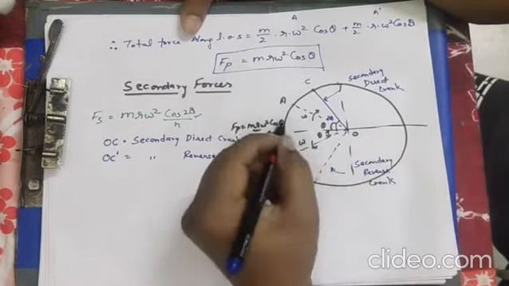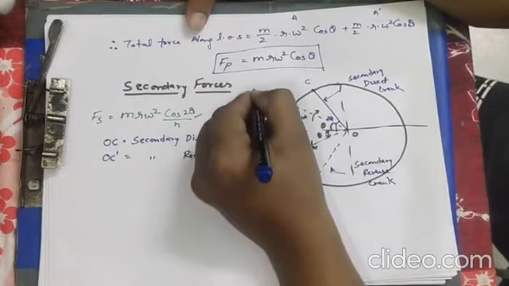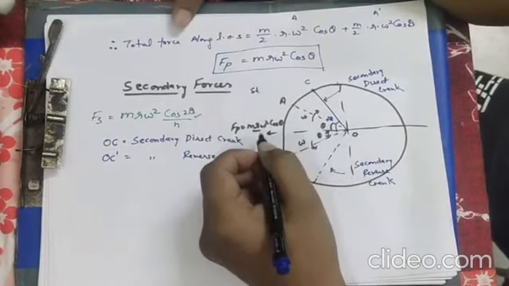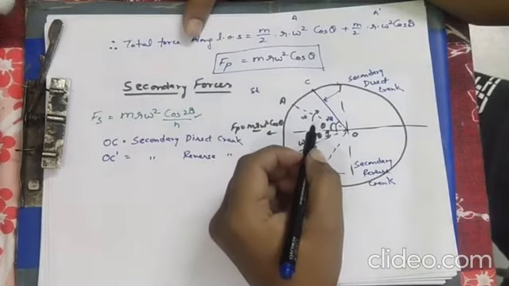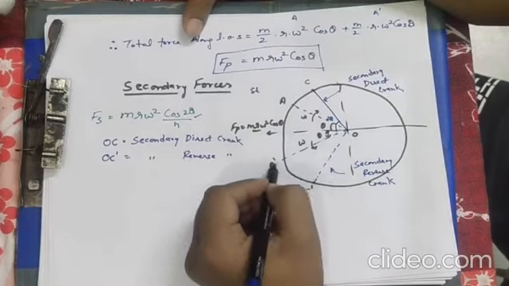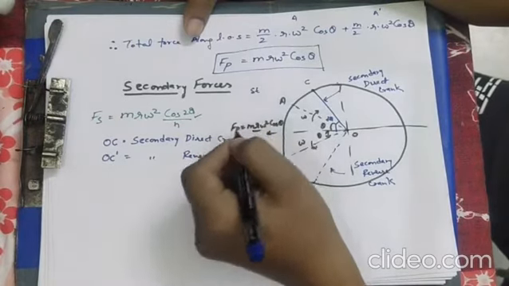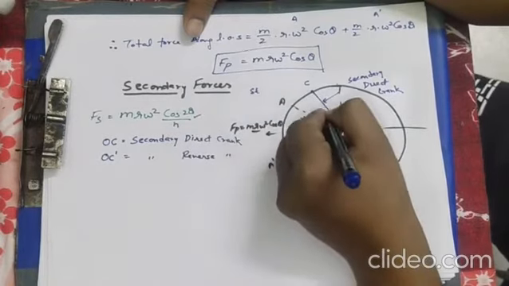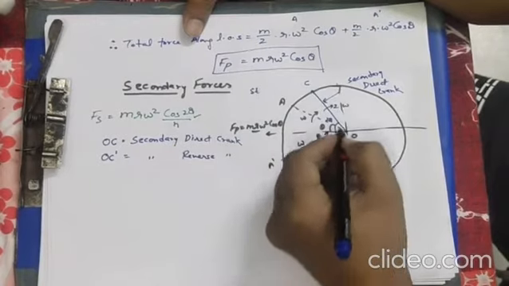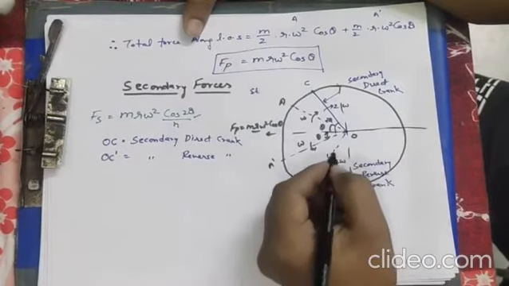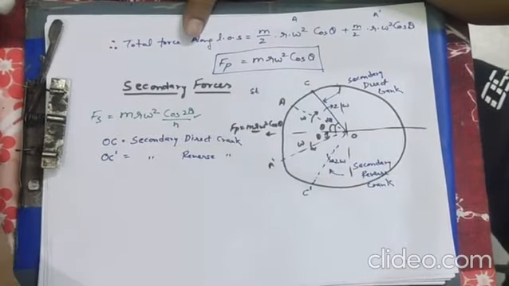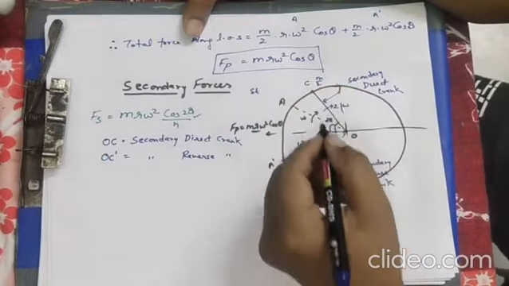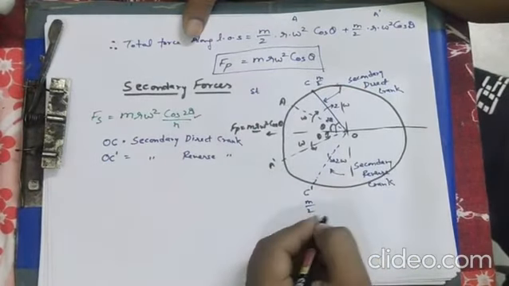What I mean to say is at an instant, suppose at any time delta t, when the primary forces has the magnitude mr omega square cos theta, that means the primary direct crank was OA and OA dash. At the same instant, secondary unbalanced forces or secondary forces has traveled a distance of 2 theta. That means the speed will be how much? 2 omega. Yes, in the clockwise as well as in the anti-clockwise direction. So hope you understand. And suppose they are carrying the same weight of m by 2 at C and m by 2 at C dash.